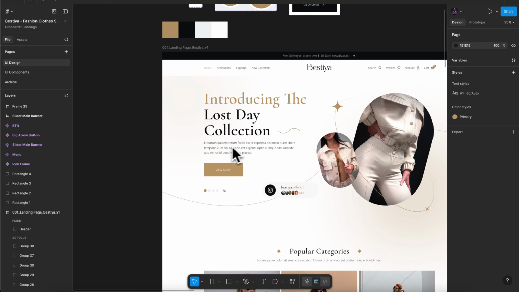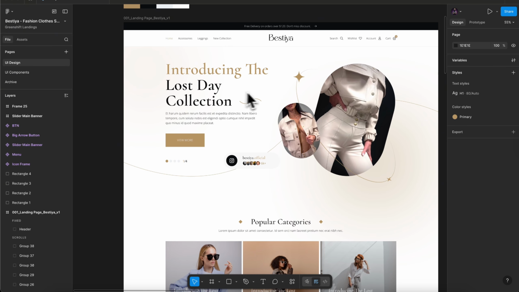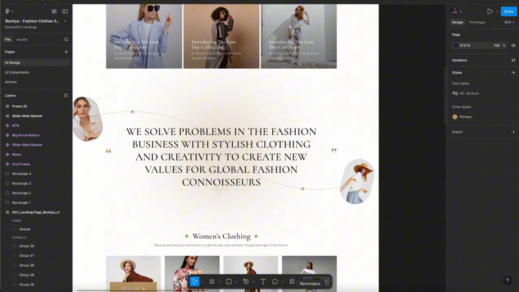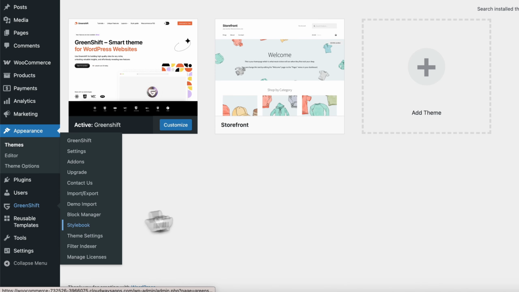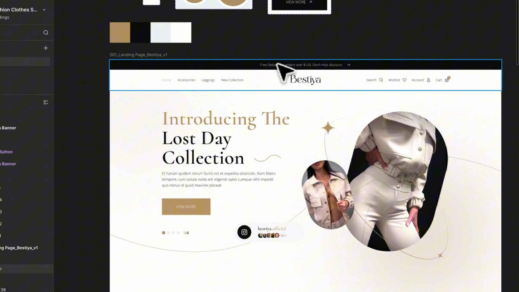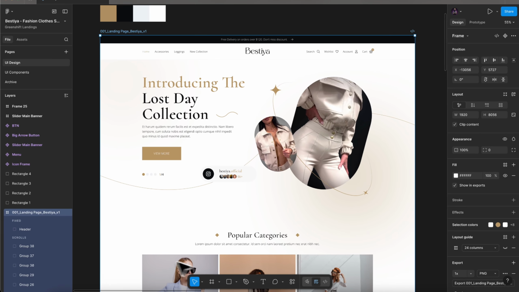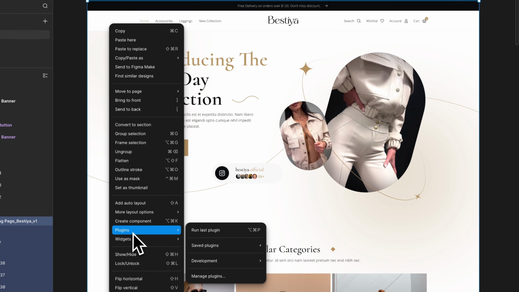For example, here we have two custom fonts and it will be global, it will work on the whole site. And the second is the brand colors. Here we don't have a lot of brand colors, it's only brown, and it will be our main brand color. And we need to export everything to the GreenShift Stylebook. There is a very cool feature inside the Figma add-on for GreenShift: you select the whole design, right-click, select our plugin,